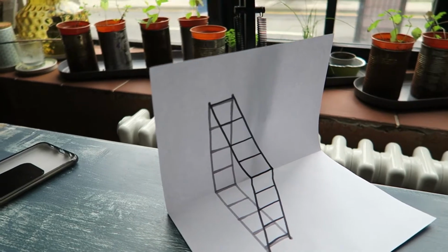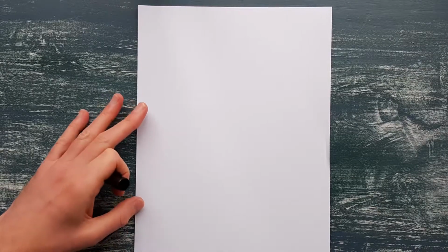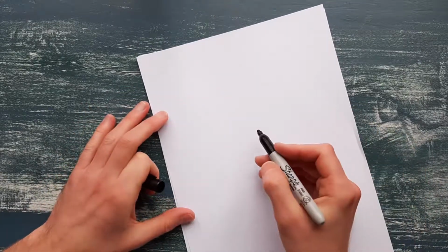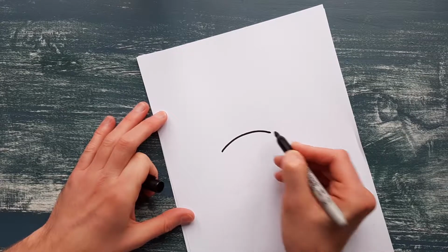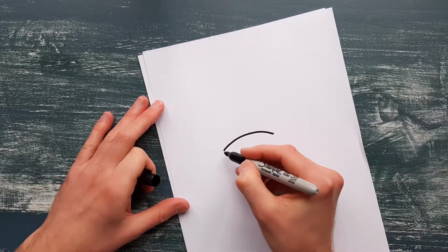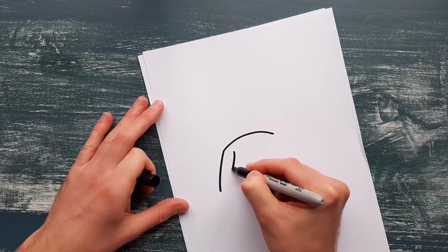This time we're going to do a 3D sort of illusion piece of Pikachu. So we get a pen. You can do it with pencil to start with. I'm just going to do it with pen. So you're making a nice round circle or curved shape for the top of his hat, and then like a really thin leaf shape for his ear,